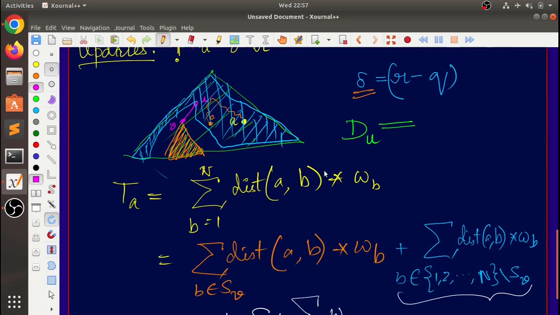For any node in the subtree of V, so if B is in the subtree of V, the path used to go from B to V and then V to A,